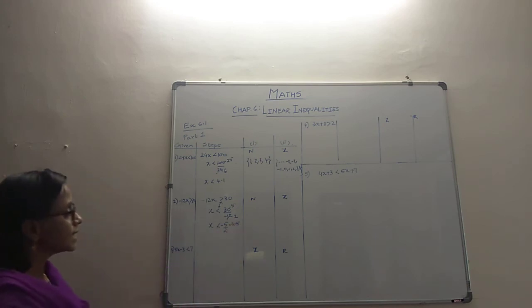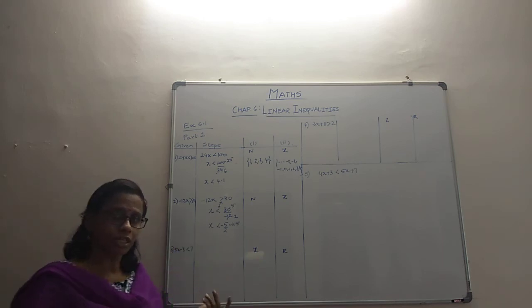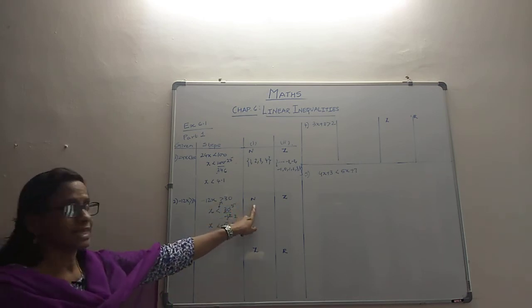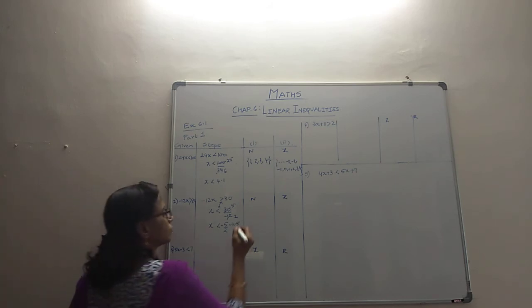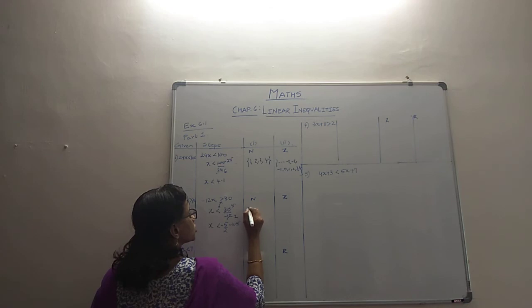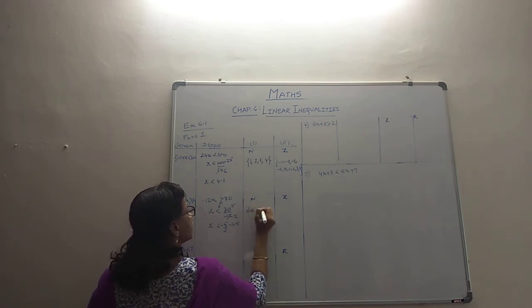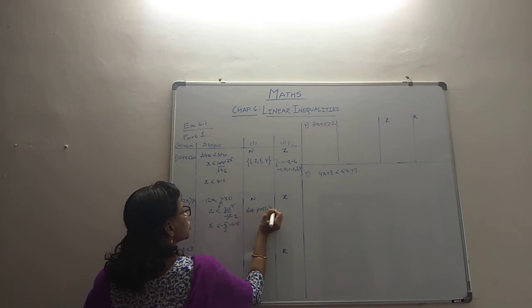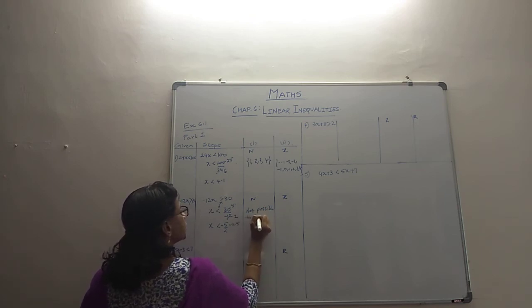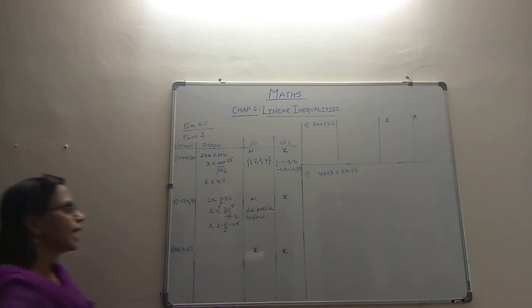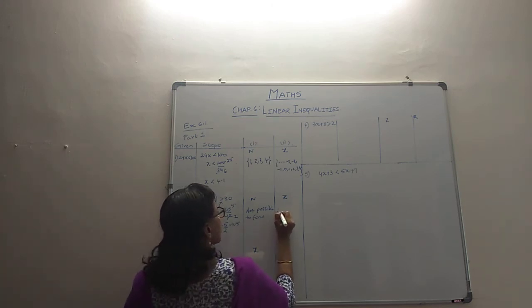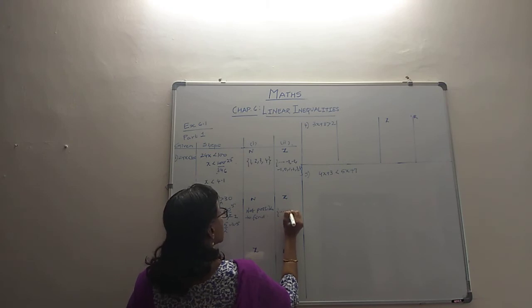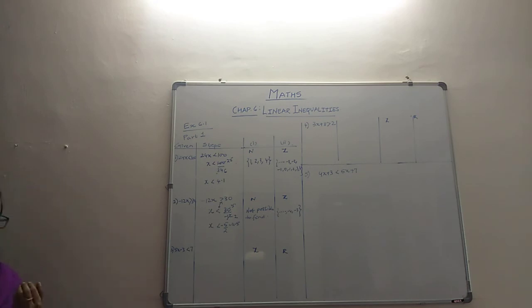So x is every value which is less than -2.5. So in natural numbers, what could be the value? Not possible to find. Why? Because x is every value that is less than -2.5, and there you cannot have natural numbers. And in integers, of course, every value less than -2.5, that means you can have from infinity, then maybe -4 and -3. Those are values which are less than -2.5.